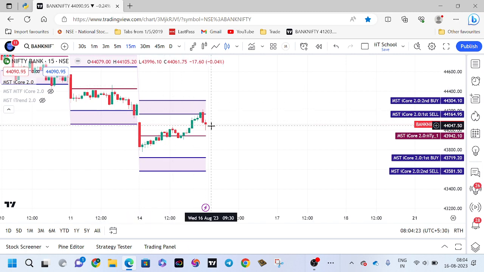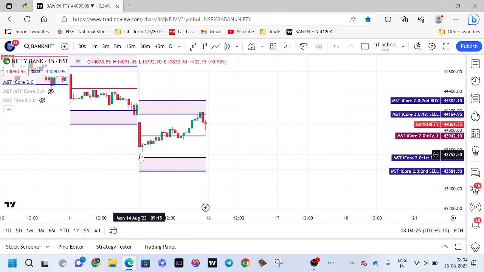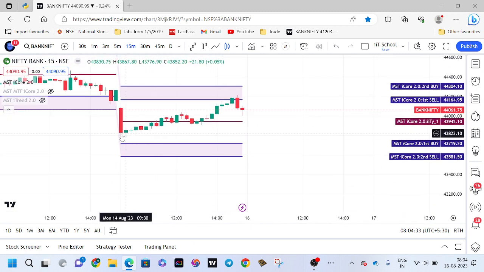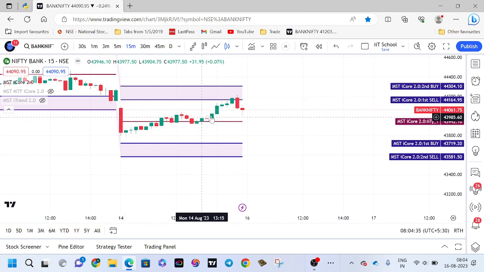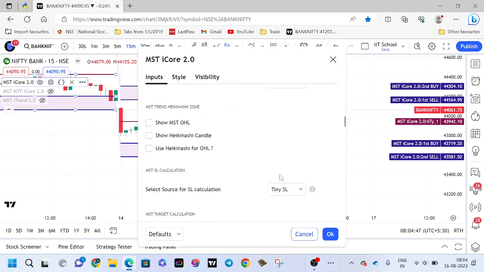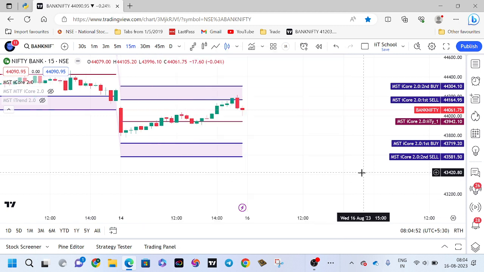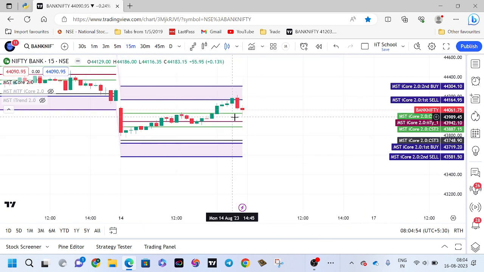So now yesterday what happened? Morning we could not get the entry, but we got the entry as per the R3C. So morning itself we got the entry as per the R3C here, and we were in a good profit. And late evening we got entry in the sell side, so that also got hit, target hit. Let us see whether we got target or not. See here, perfectly our target hit. So this is how we have to trade.